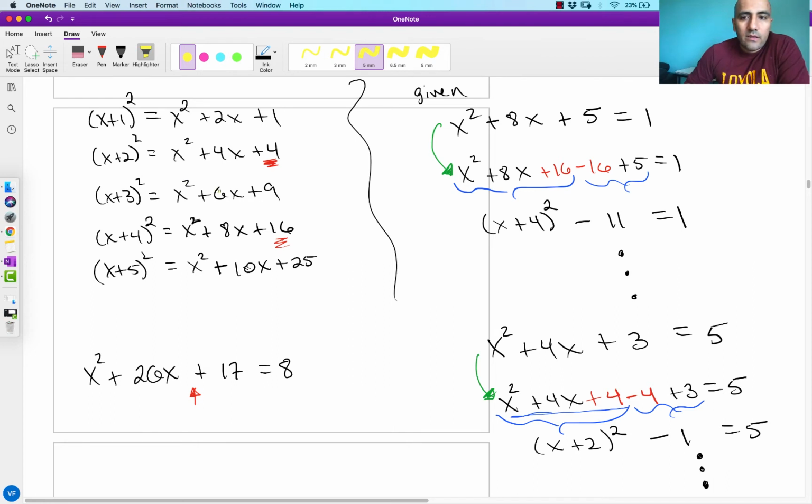So let's look at the first one we worked with, this one. Notice that we have an 8 there, and we have a 16. That's the thing we needed to add and subtract. The perfect amount was to add and subtract the 16. And then that led to this guy, right? x plus 4 squared. What's the relationship between all those? Notice that if I take the 8 and I do half the 8 squared, that is equal to 16. Right, so notice that,